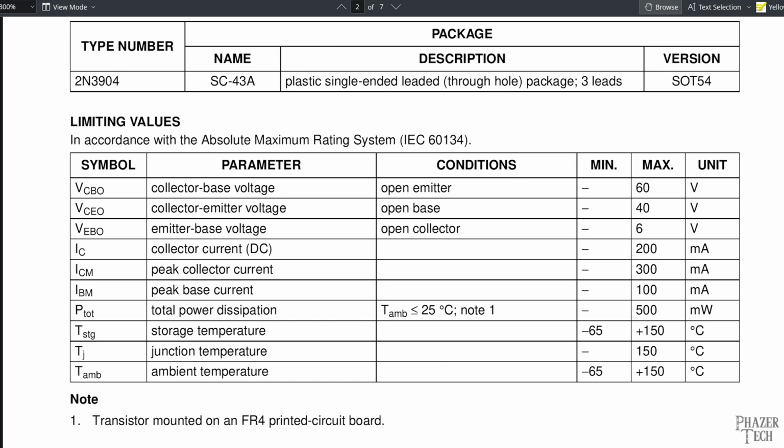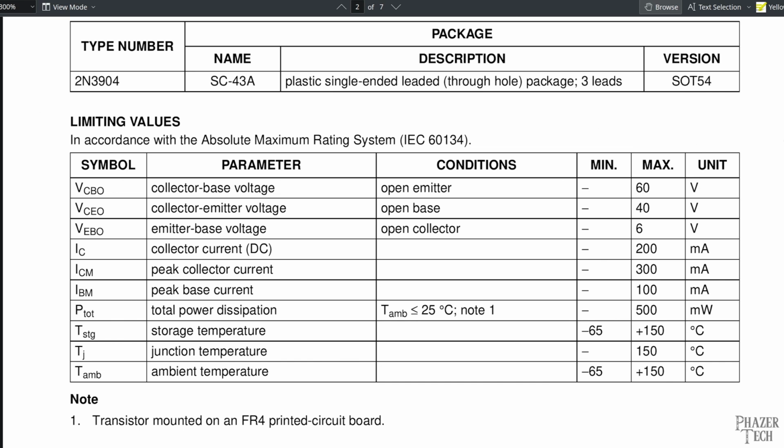So the maximum voltage the transistor can handle is an important one. The collector base voltage maximum is 60 volts. Collector emitter voltage maximum is 40. So we're not using anywhere near 40 volts. We're only sending 5 volts through this transistor. You know, a lot of this stuff is irrelevant for what we're doing unless you're an engineer designing something extremely